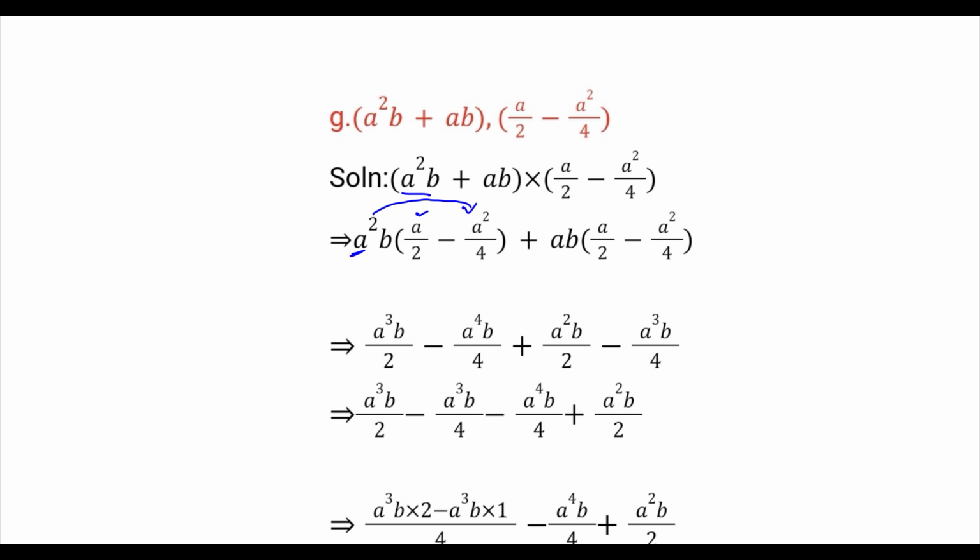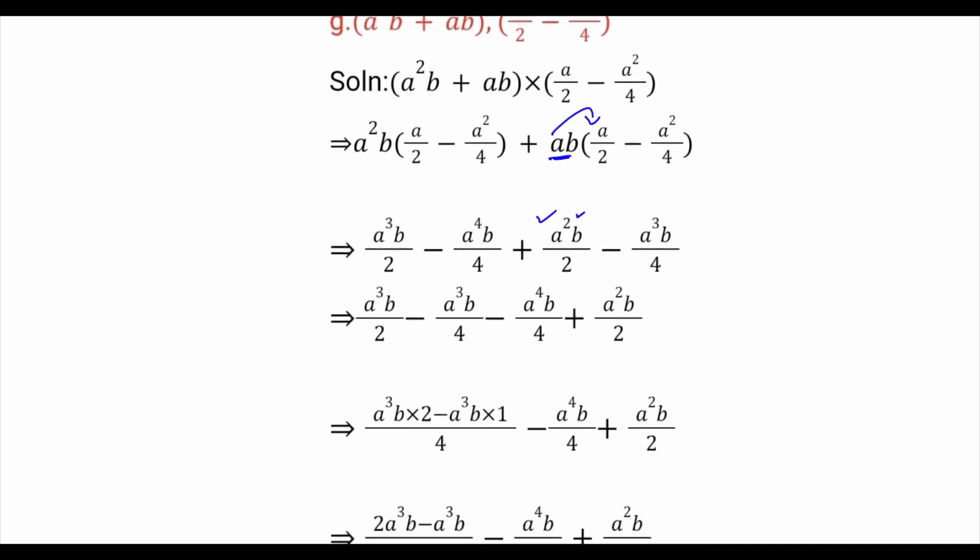Now let's do the same thing with the other one. So we have ab here, right? Then a into a will get a square, b will be left. Once again, 1 is here, 1 2s are 2. Same thing again, a into a square will get here a to the power 3, and b will be left, 1 4s are 4. All right, if we're done with that, can you see that we have here